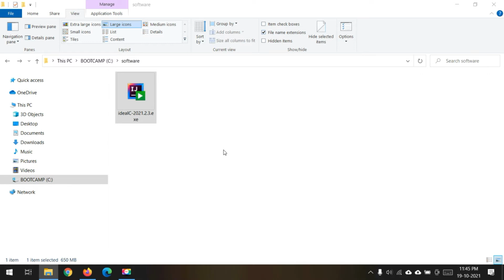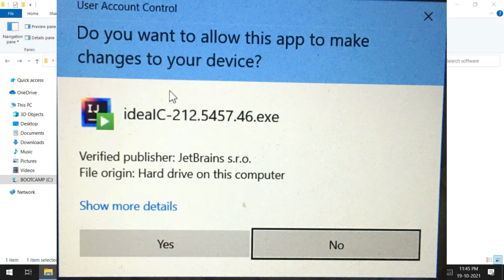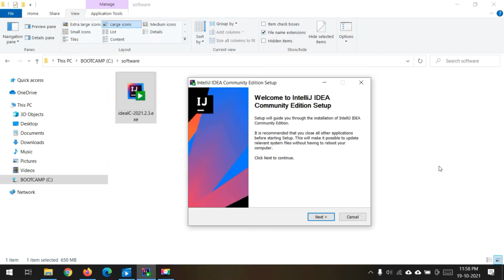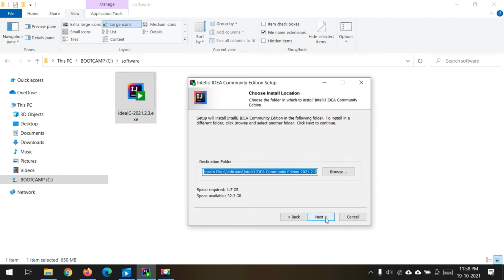Just wait, it will show you some options. This is for security, Windows is asking to allow the setup. Press yes. And here's the wizard. It will ask a few questions. Here it is a welcome screen, nothing to do. Simply click on next. On this screen it asks for the location, the path where exactly you want to install. By default it will install in the Program Files folder with the JetBrains subfolder. If you want to change it, you can change it from the browse button. I'm keeping it as it is and going on to next.